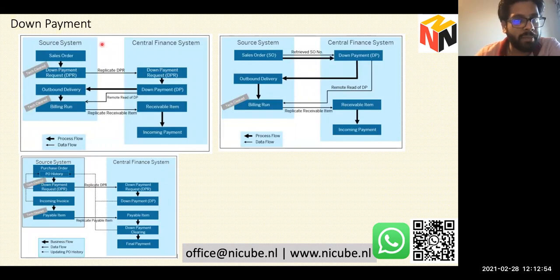A similar process happens for SD. In SD, you have incoming payment. However, the process still remains the same. Your incoming down payment here and here will still be in S4 because you cannot receive your payments in the ECC system. So when I say payment, it's a complete package. It includes normal payment, it includes down payment, it includes AP, it includes AR, it includes credit management, it includes dispute management, it includes all the relevant processes on your S4 side.